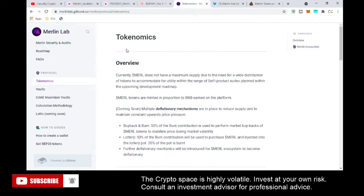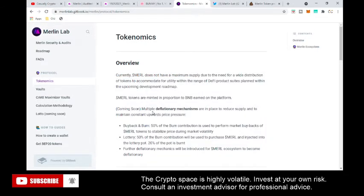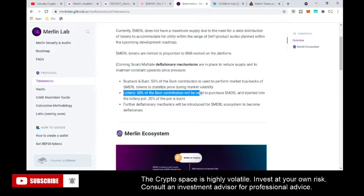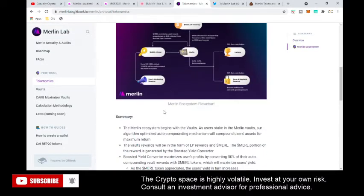So this is their document, the tokenomics for Merlin Lab. The Merl token, just know that currently they do not have a max supply, but eventually they do plan to make it a deflationary token, meaning they do want to have a buyback. They want to buy back and burn a token. They have a lottery system, and then they plan to implement other deflationary mechanisms. So I hope they'll be more clear in this